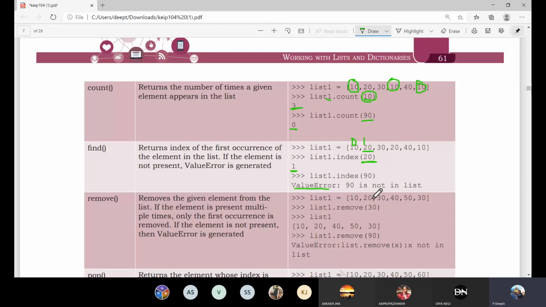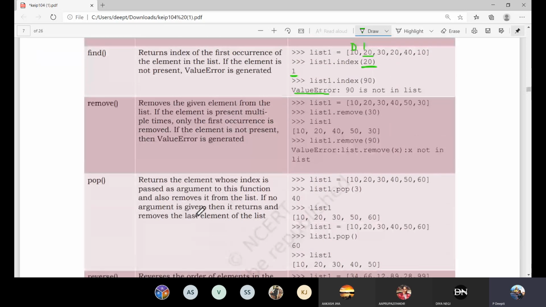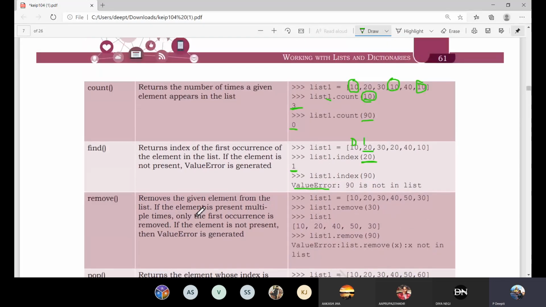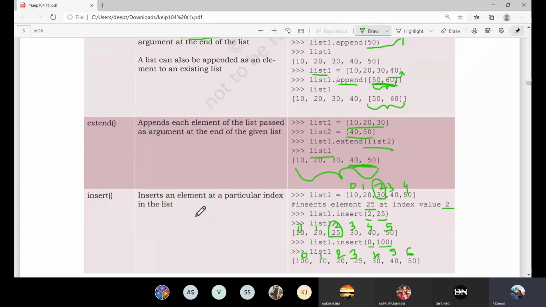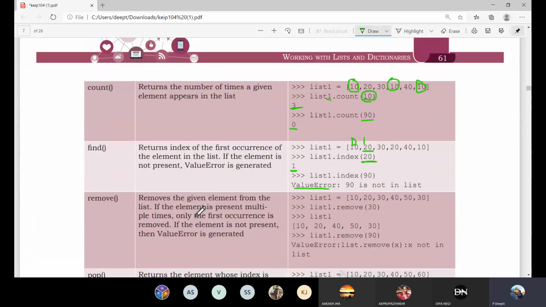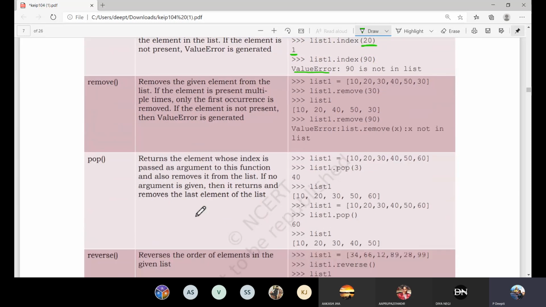Okay, so tomorrow we are going to see remove and pop. The reason why I'm not going to do remove and pop now is because you need to understand the difference between these two. Okay, remove and pop difference is important, just like find and count difference is important, and append and insert, append and extend is important. Okay, so you understood the difference between append and extend, the difference between count and find, and tomorrow we are going to do the difference between remove and